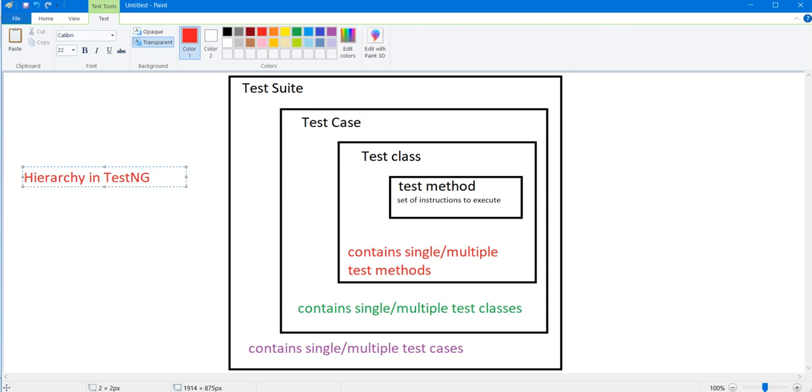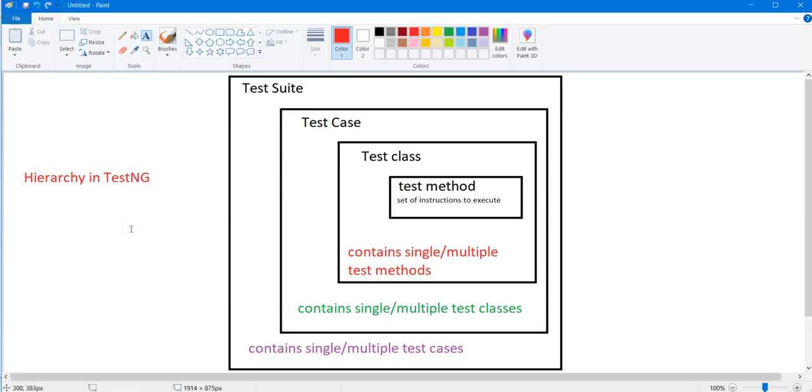Guys, if you understand this concept, you can build test cases and become a pro tester, and categorize things. A test method is contained in a test class, which is contained in a test case, and test cases are contained in a test suite. This is the main important point that you need to understand first.